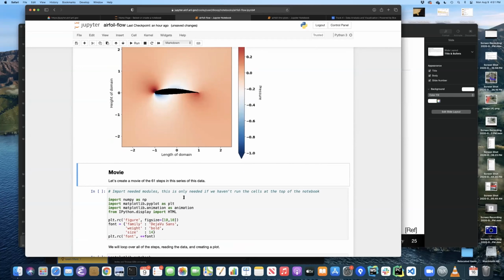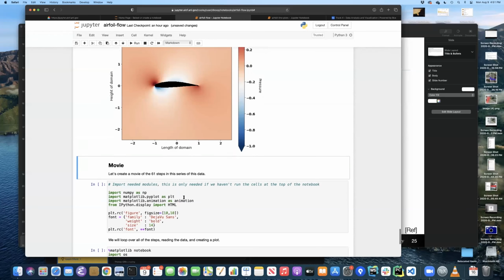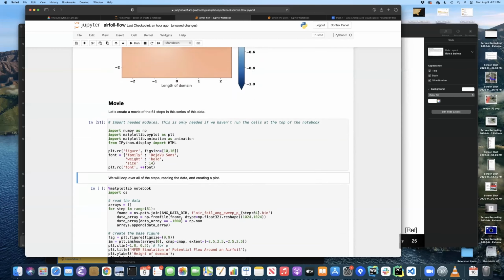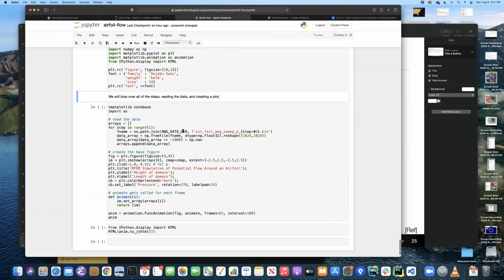So Tommy already showed animation in the C++ kernel, but we can also do this using Matplotlib. We can run through, say, 61 of the different steps from this sweep data, create the base figure, and then have a function that just swaps the data out.